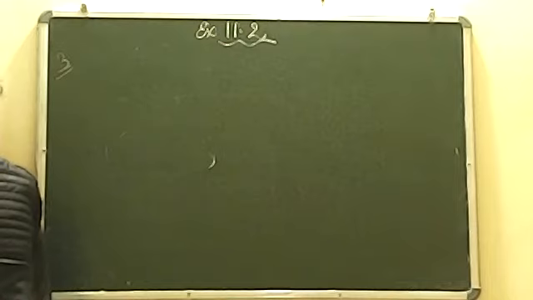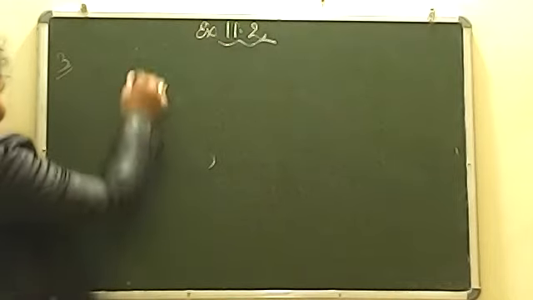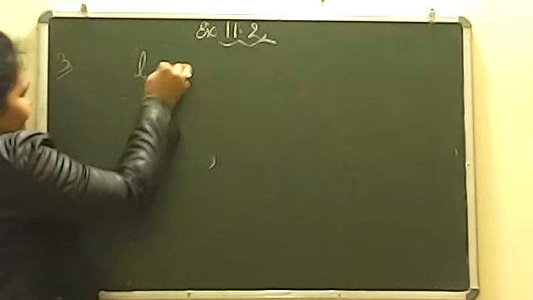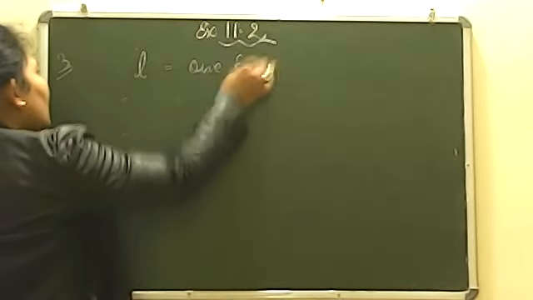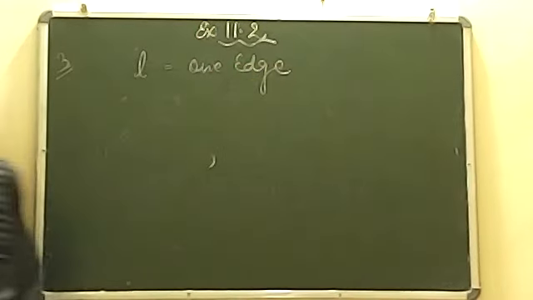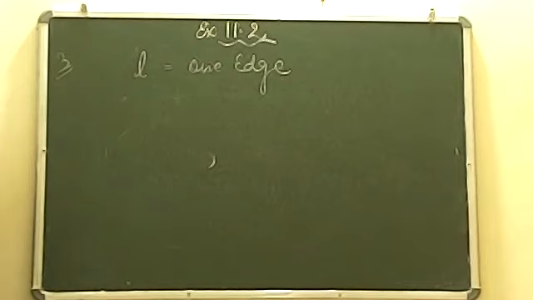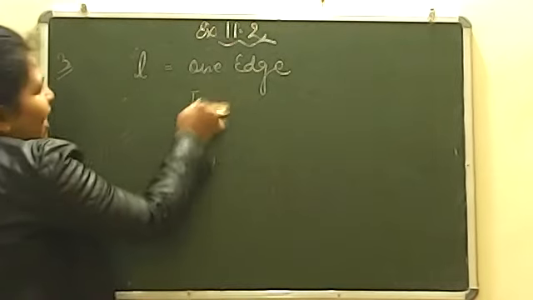The length of an edge of the cube is given by L. It means one dimension is given here, L. Okay, one edge. Now I am asking from you all, how many of total edges are there in a cube? Tell me faster. आपने junior classes में पढ़ा है. How many total edges are there in a cube? Okay. Correct answer. Total edges are 12.